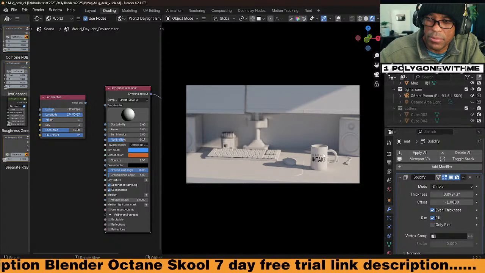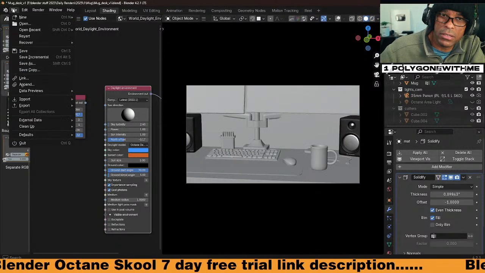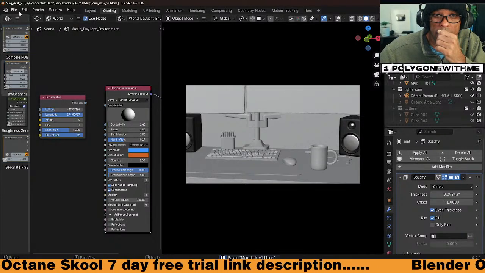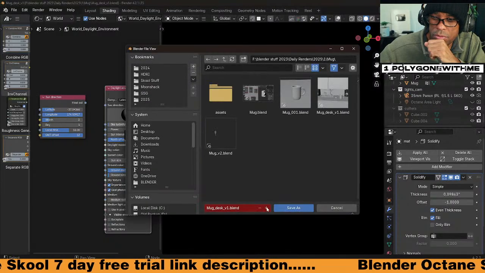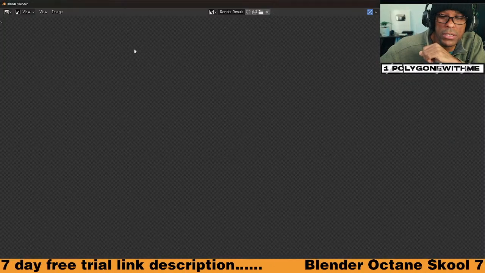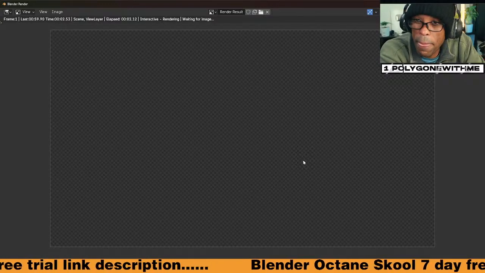Let's do a quick render really fast just so we can see what we're looking like. I'm gonna save that, and then also save that as a new version. Save as V2. There we go. So tomorrow I'm gonna start converting those Cycles materials over to Octane.